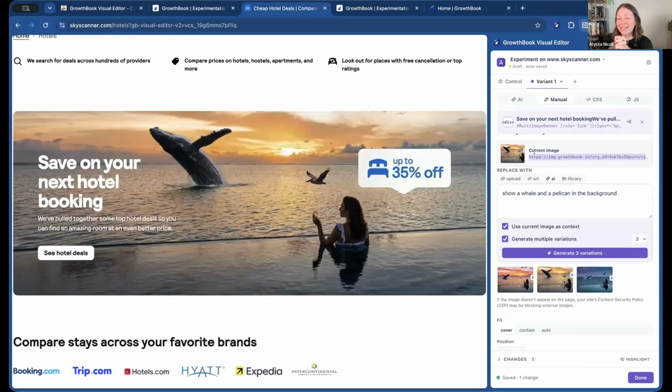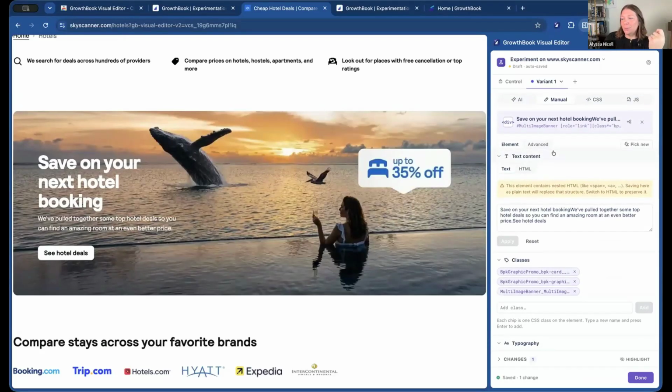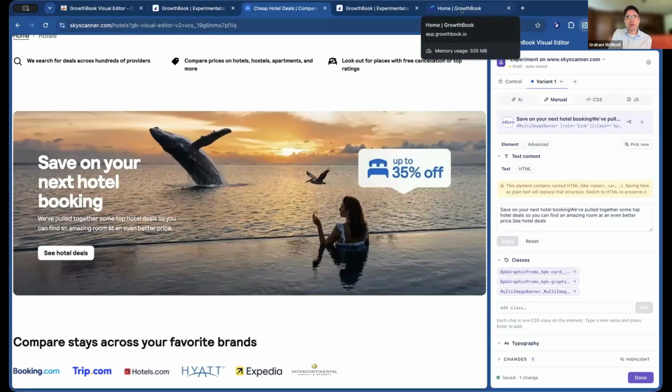You've got a couple of comments. Ed was saying that this is really slick. I love the workflow in the sidebar. And Tony was asking, when using the AI editor, where does our prompt get processed? Is it on the GrowthBook infrastructure or a third party? And how do we get priced on those? Yeah, so